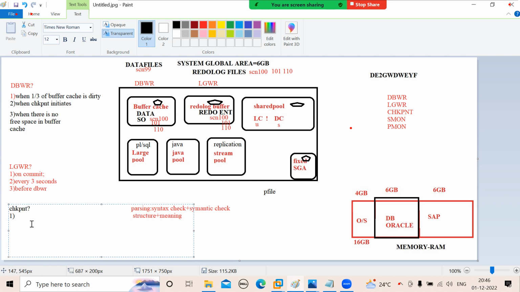Checkpoint initiates DB writer to write dirty buffers to data file. This is one of the duties, right? Checkpoint initiates a DB writer to write dirty buffers to data files. That is one duty. The second duty is checkpoint writes